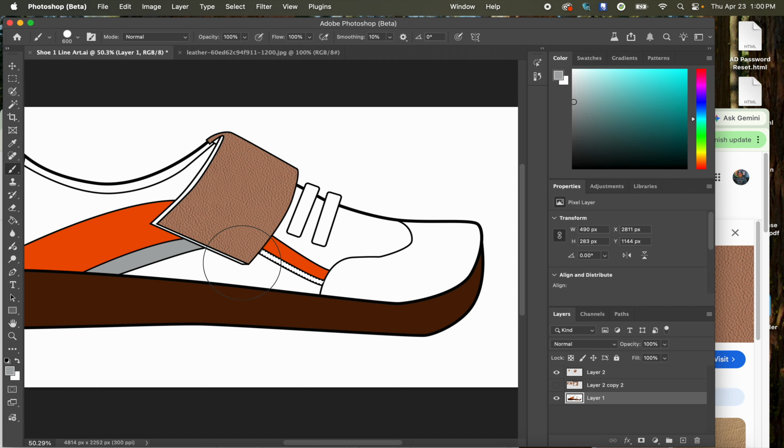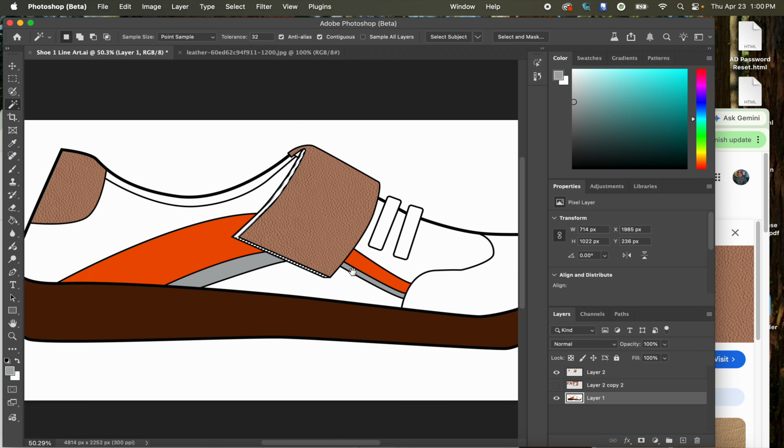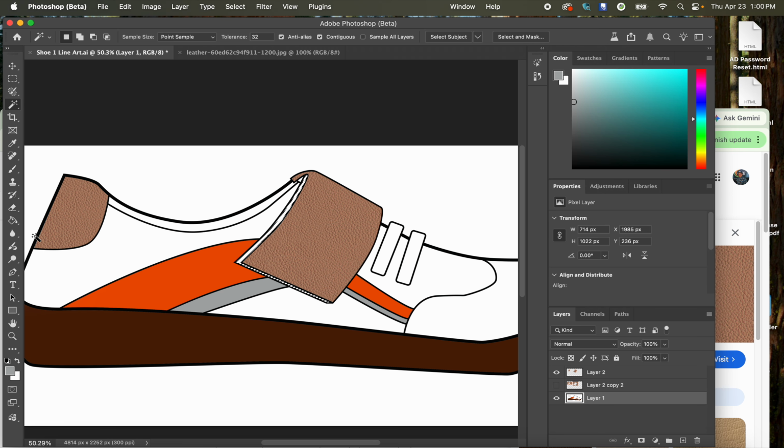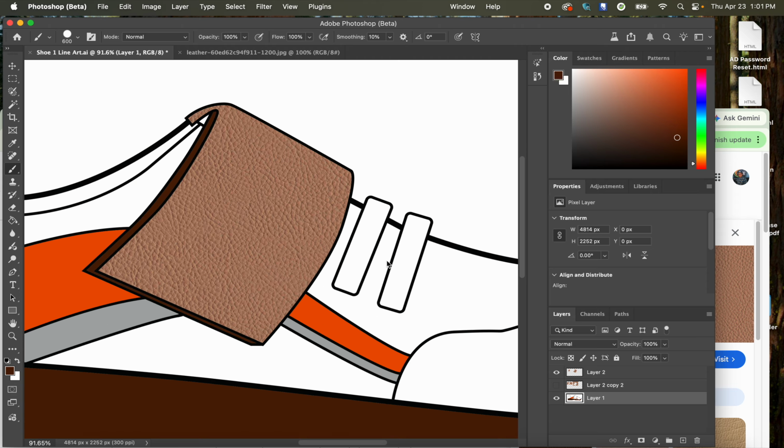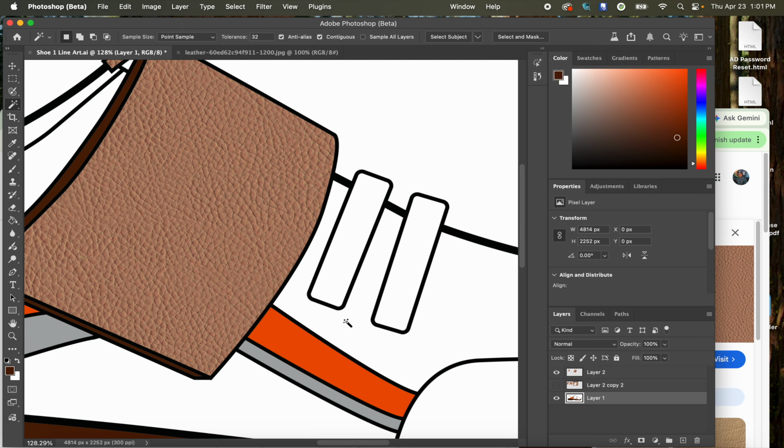I'm not completely sold on all these colors, but I do want to show you guys how to make your rendering so that it can be fun. Let's do a dark brown for this one too. Just like that. And then you can see how my shoe's starting to come out. I could even create shadows for these laces here by simply selecting the outside with the magic wand, and then I'm going to come in and get like a dark gray. I'm going to make my brush a little bit smaller, and I'm going to trace these things here. So this is a cool way to make little shadows